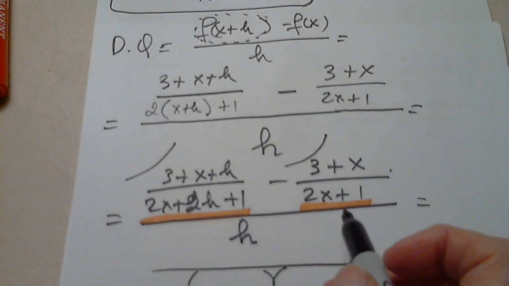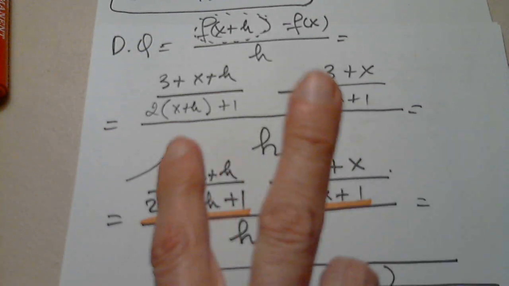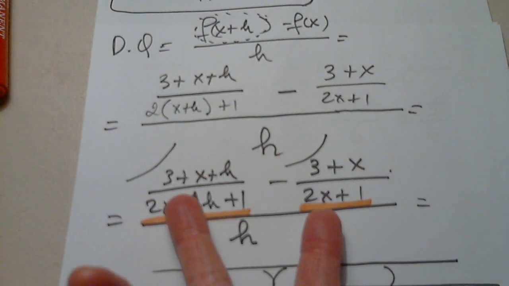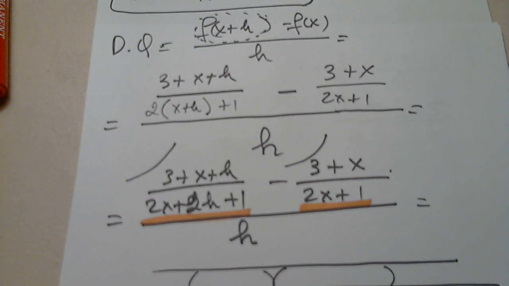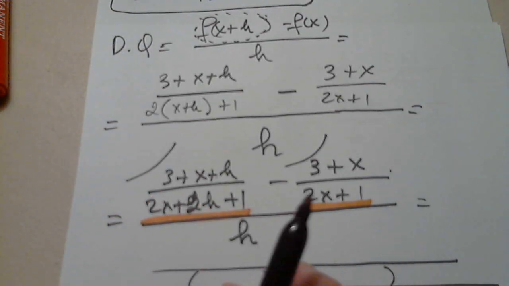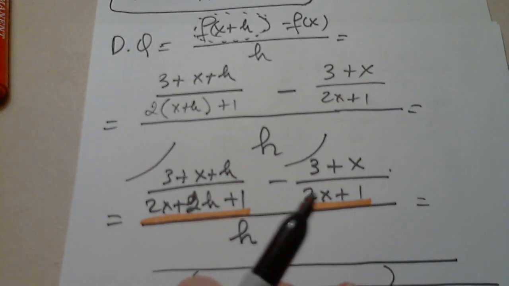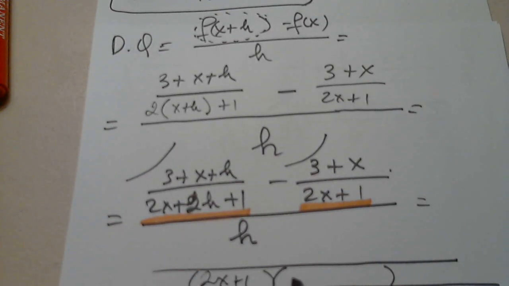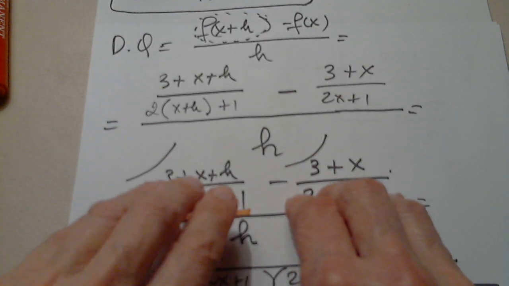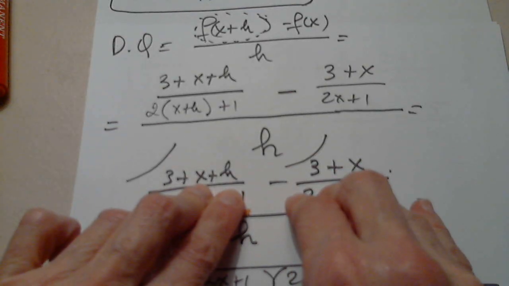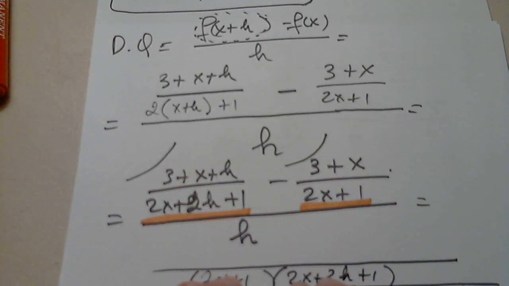So it doesn't matter which one you put first because this is the same as this. I like to put the first one as being the one with two terms, and the second one, it doesn't matter. You can write them in any order you want. A times B is B times A. So 2x plus 1, 2x plus 2h plus 1. They have nothing in common. This is fully factored, this is fully factored. So it must be the product of the two. Now,